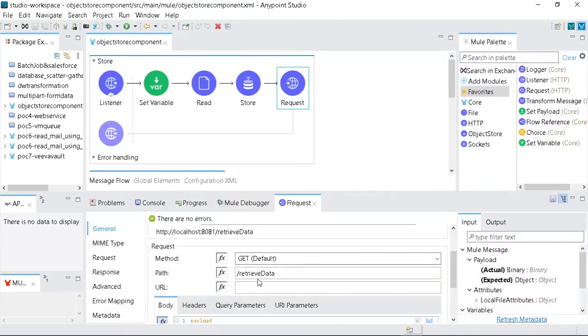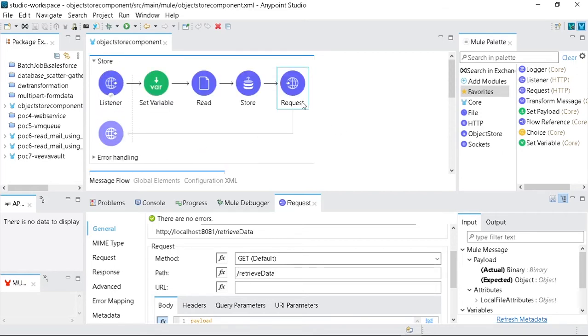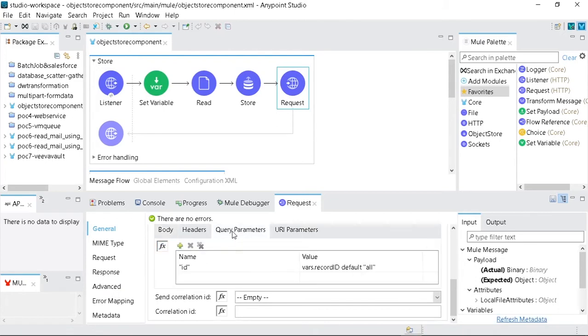For the path, I have given retrieve data, because for this listener I have provided the path as retrieve data. That's why I have given the path name retrieve data here to call the second flow. And the body is payload, meaning the whole payload will be sent to that flow. And I have provided the query parameter.